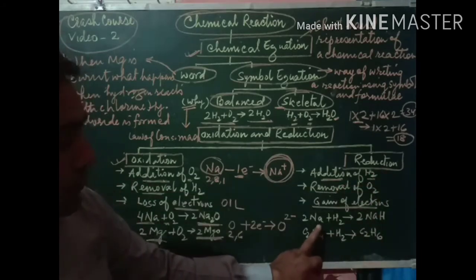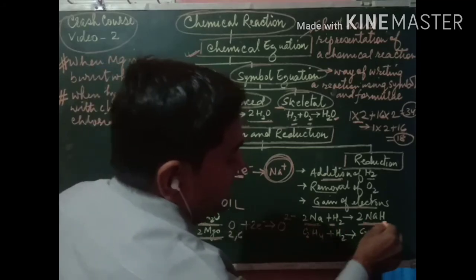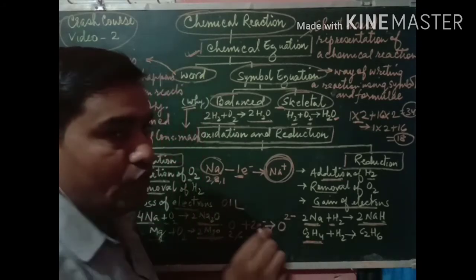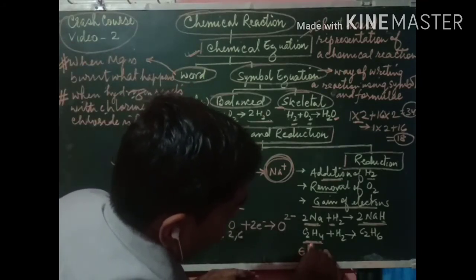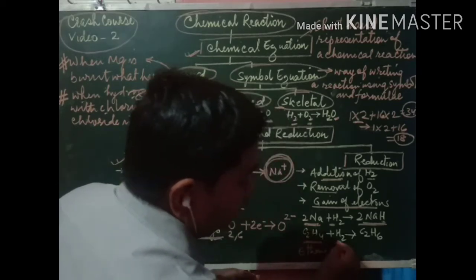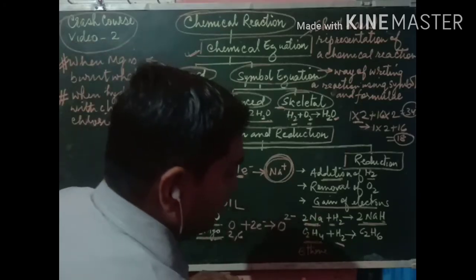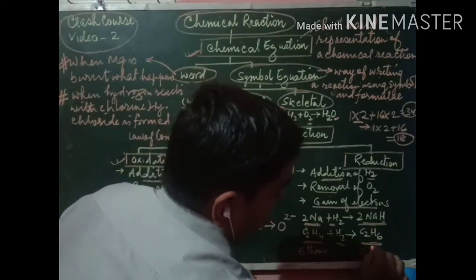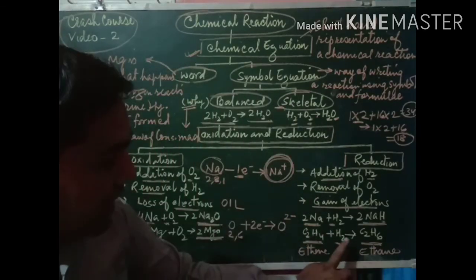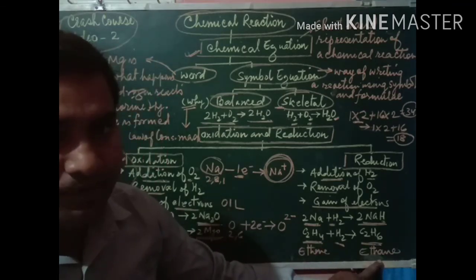Okay. So for example, when sodium reacts with hydrogen, it forms sodium hydride. Sodium hydride. And there it is ethene. Okay, students, this is ethene. And when it reacts with hydrogen, that is known as an addition reaction. In carbon and its compounds, you will read about that one. So it forms ethane, that is saturated. So there the hydrogen has been added to form the saturated compound, that is ethane. Okay, students.